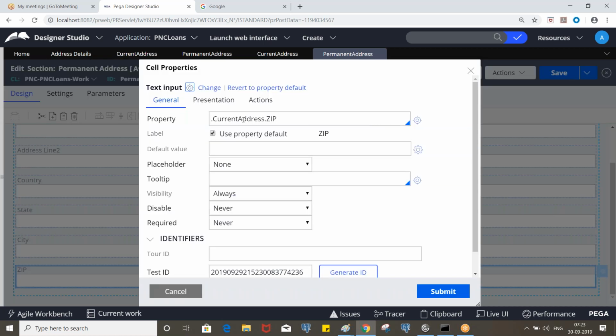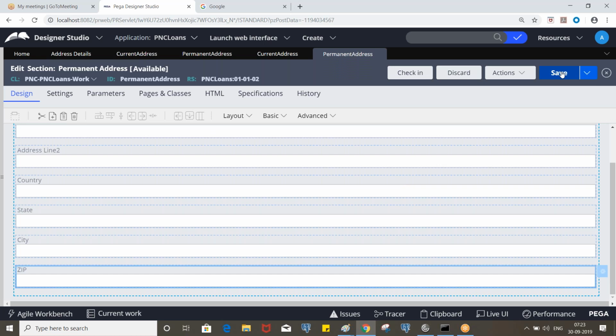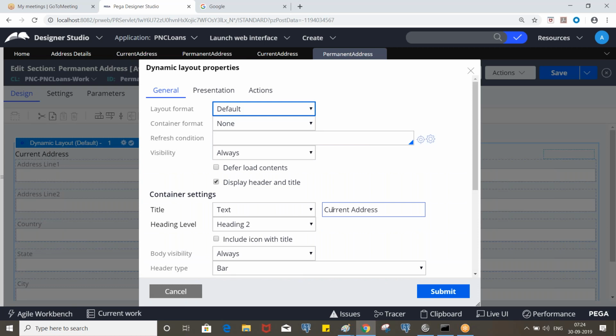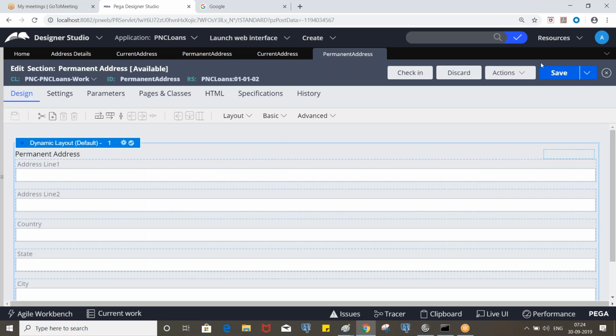Clear? Okay, and change the layout heading from current address to permanent address. That's it. Okay, so now we have current address and permanent address sections ready, and now we are going